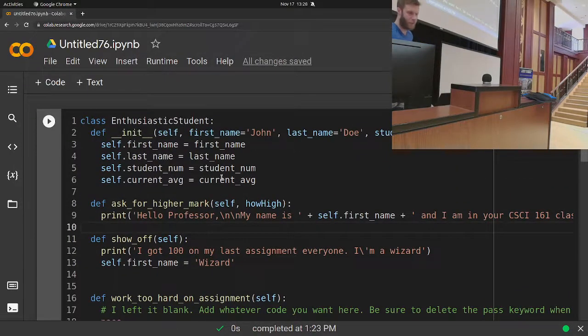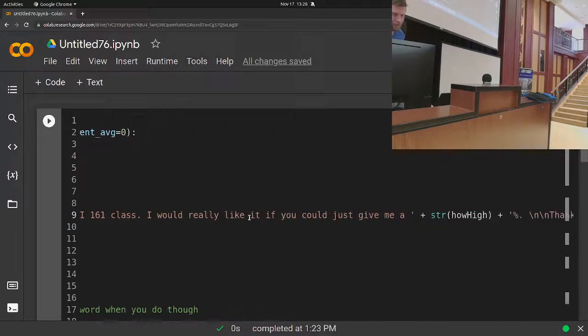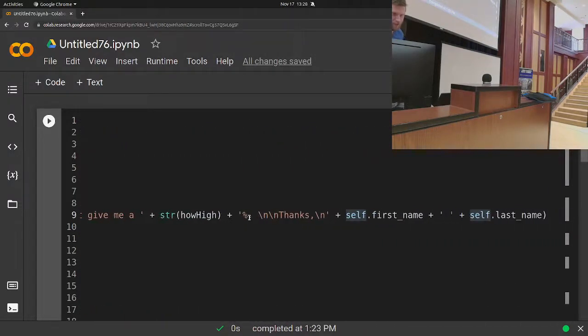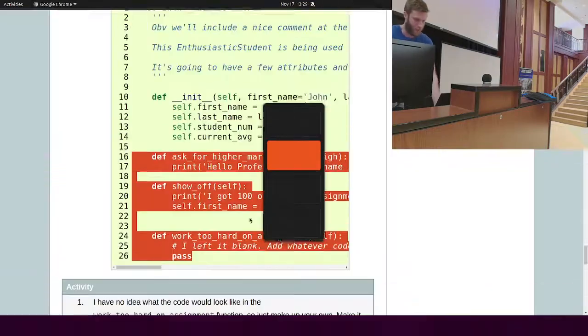So here I have a couple of methods. They're silly, okay? One is ask for higher mark. Hello, professor, my name is whatever their first name is. And I'm in your class. I really like if you could just give me a higher mark, thanks. That's all it does. It's rather silly, okay? But if I call this method,